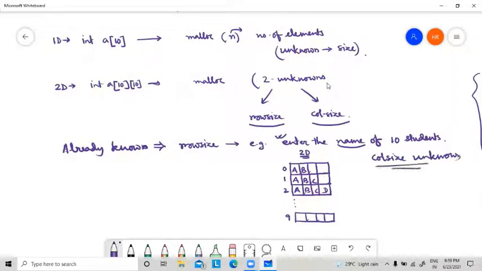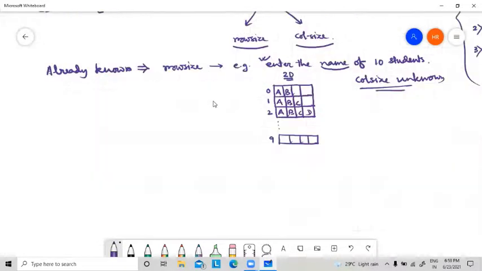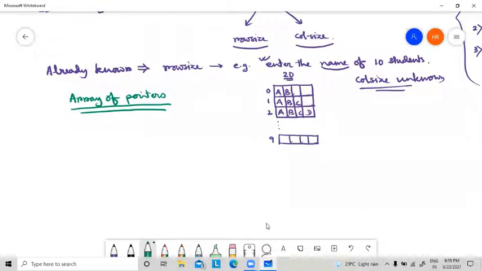Logic clear? If we face this type of problem, then we can use another interesting thing, which is called array of pointers. Is it clear? Please, if you have any problem, please tell me.